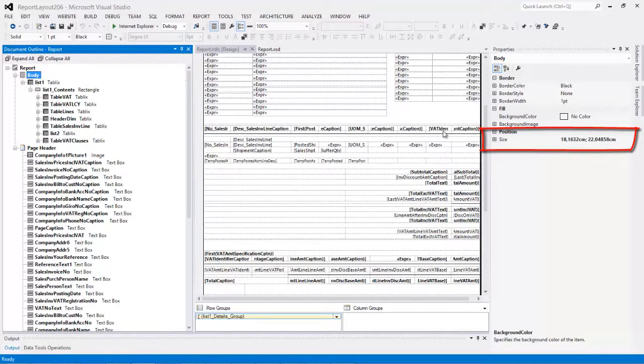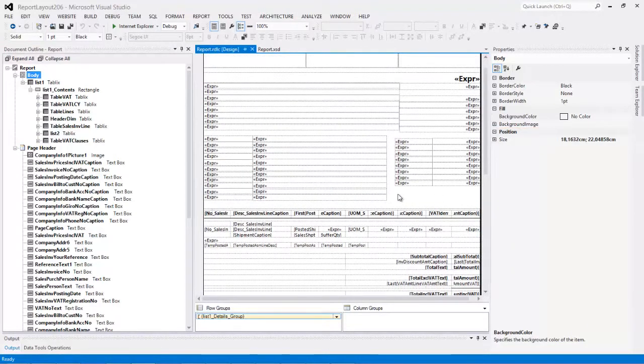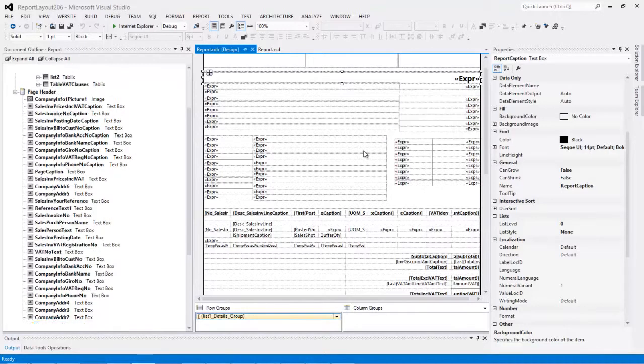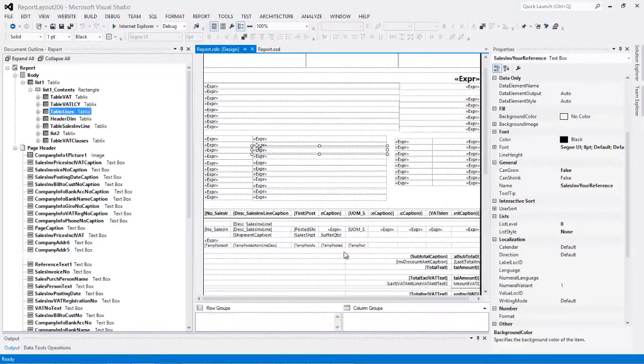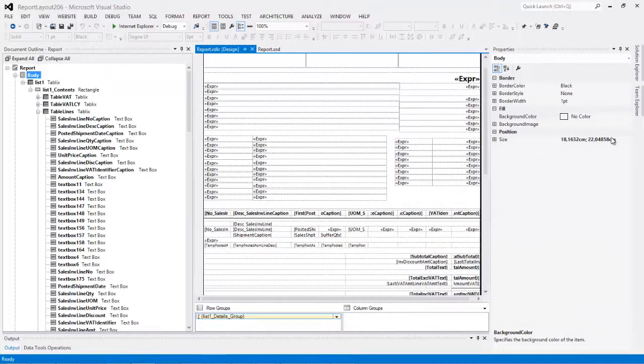Now if I wanted to find the body in the report, I would have to find an empty space for the body, but I can't really find that. This is, for instance, the page header. The way I could do so was to right click on the layout, use the select, and try to find a way where I can find my body, like here, to set the properties.